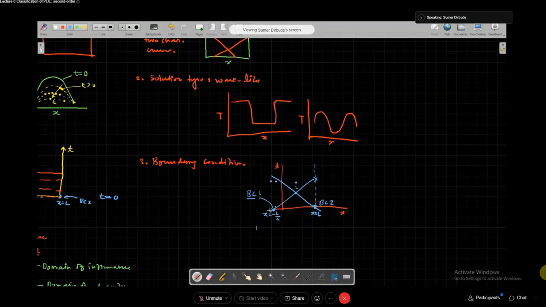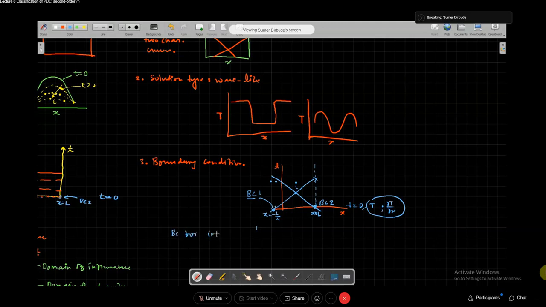Okay. So at t equals 0, you have to specify the temperature T or its derivative. These two values you will have to specify at the initial condition t equals 0, for T and its gradient. Okay. So in general, we can write BCs are for